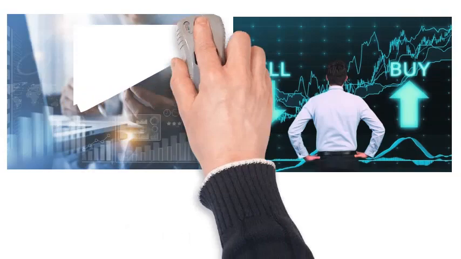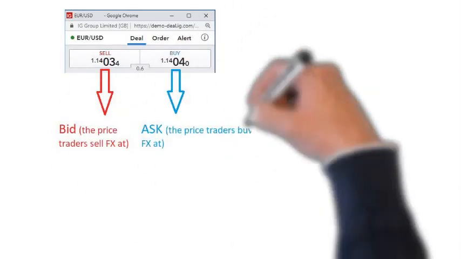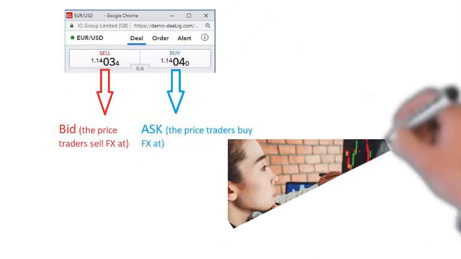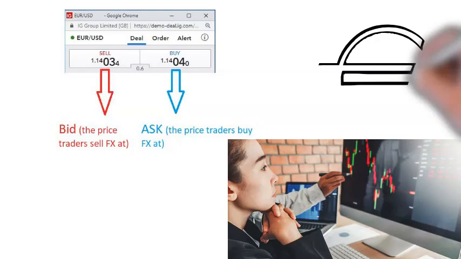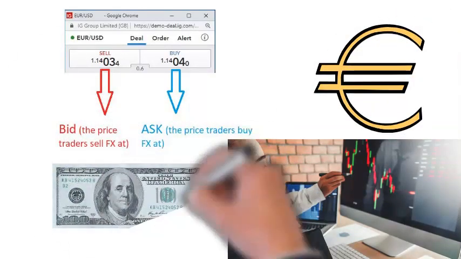The forex currency also has two things we have to understand, which are the bid and ask price. When trading forex, a currency pair will always quote two different prices. As seen in the picture above, the bid price is the price at which traders can sell currency, and the ask price is the price at which traders can buy currency, as shown in the chart. There may seem to be confusion.